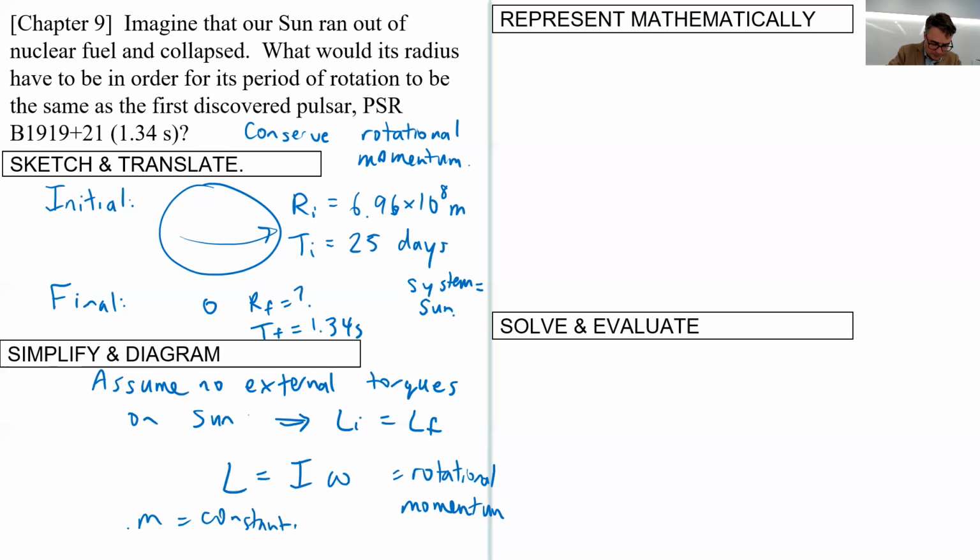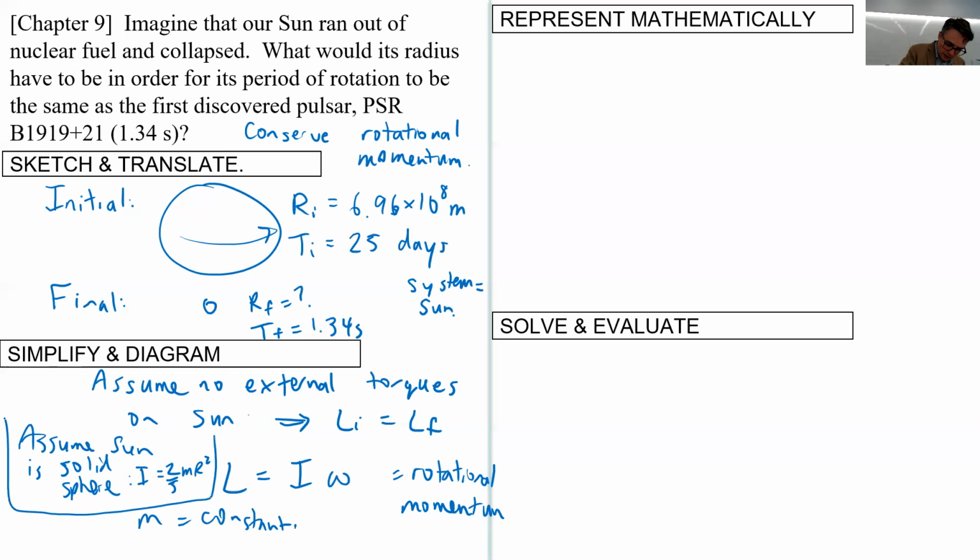We might as well assume the sun is a solid sphere. We'll have to look that up as well, but I is equal to, I think, 2/5 MR squared. I put that little aside here. I don't think it's going to matter, but assuming that it keeps the same sort of shape as it shrinks,